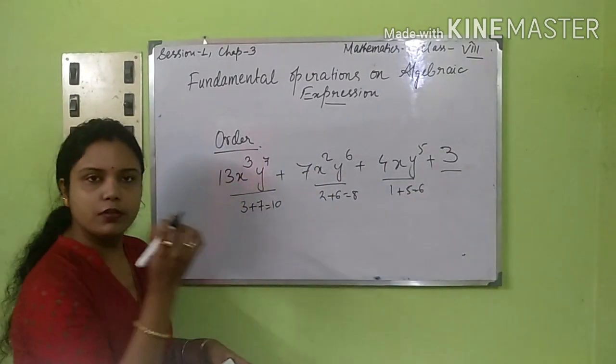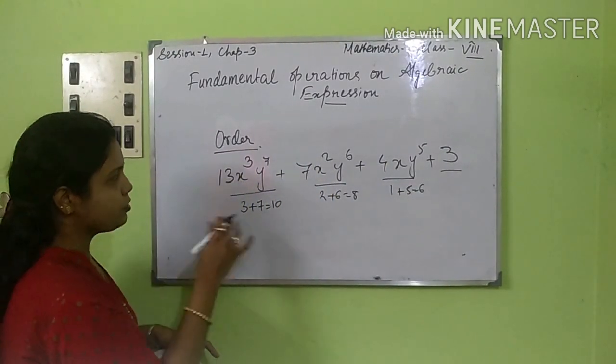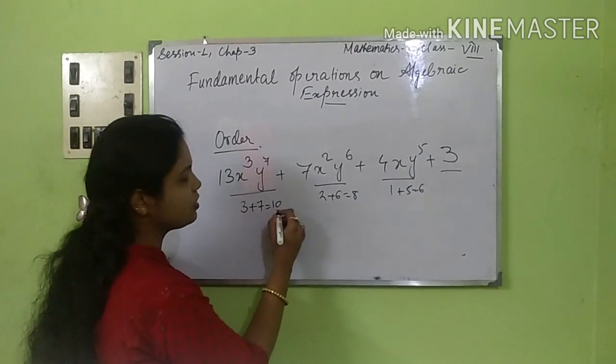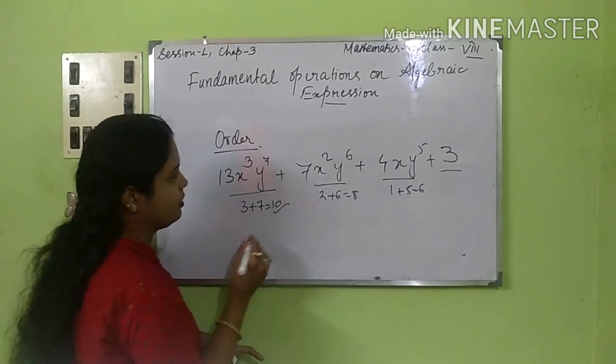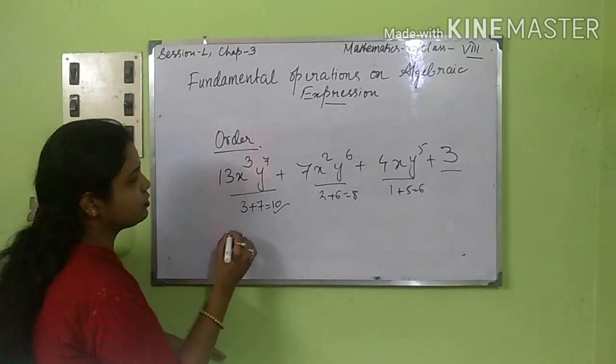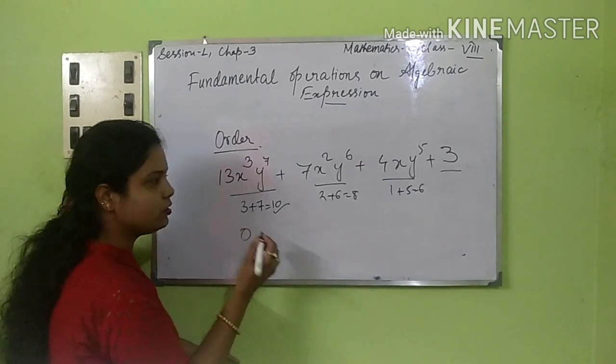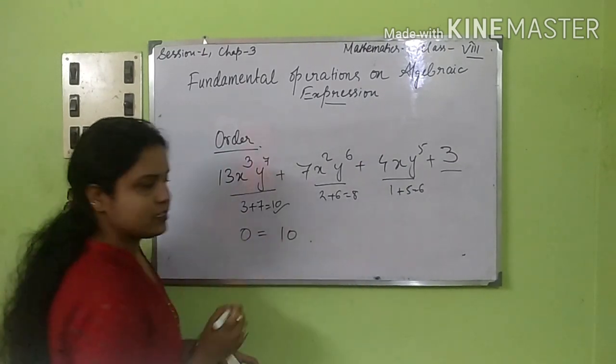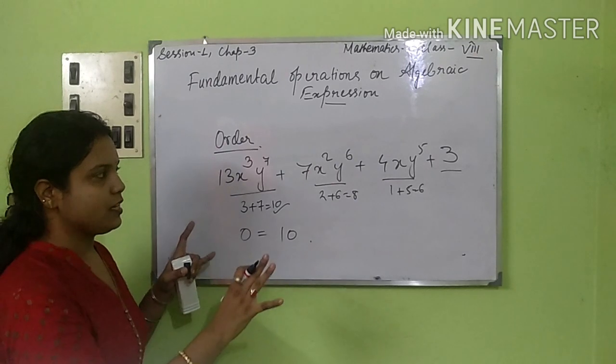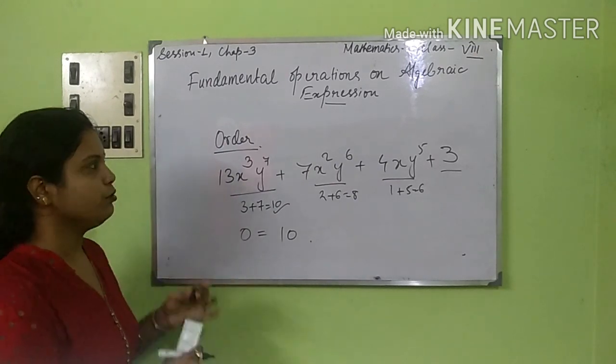Here there are no variables, so no need of calculating. So as you can see, which is the highest power that you have got? 10. So you can say the order of the equation or the polynomial to be as 10. So this was the example. I hope it should be very clear to you.